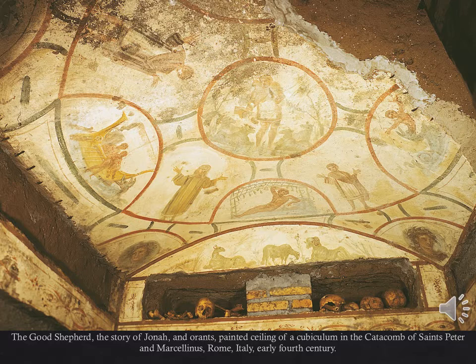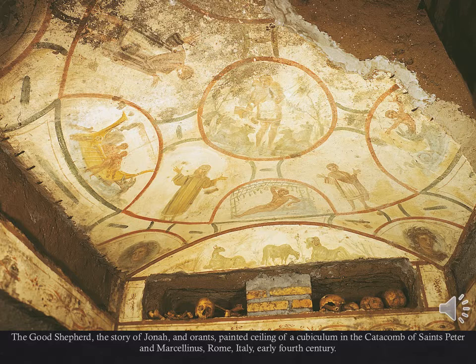Christ is described by his followers as being a shepherd of men, and Christians are the sheep that follow the good shepherd. So we'll see many representations of a young man with sheep, with that idea of the shepherd being a stand-in for Christ. There's also, within this scene on the ceiling, you see the story of Jonah.